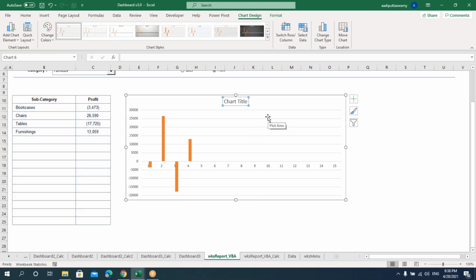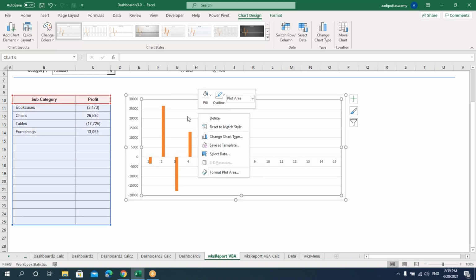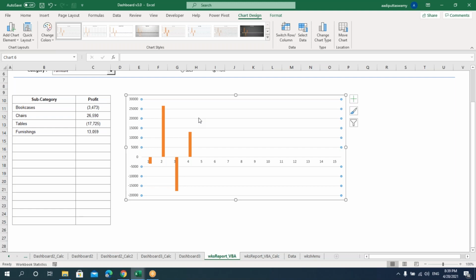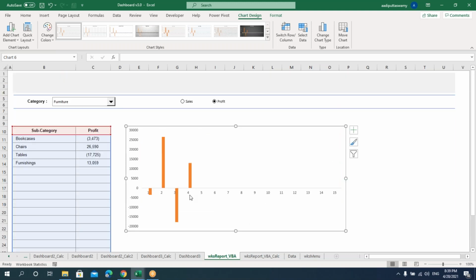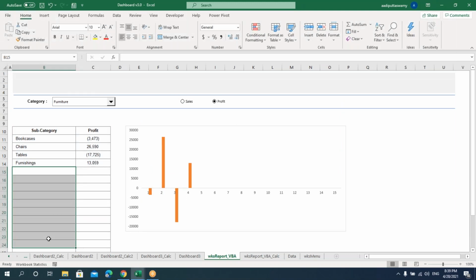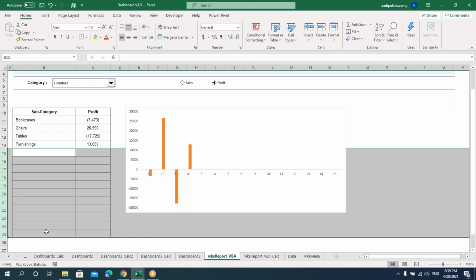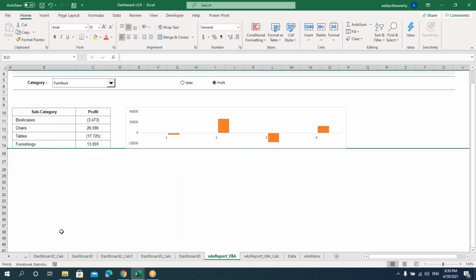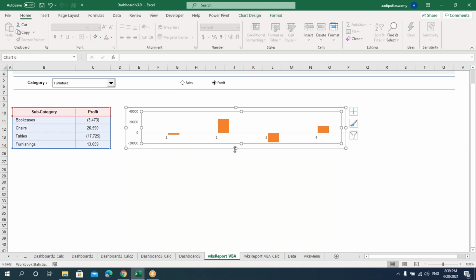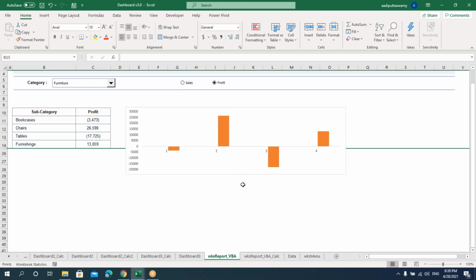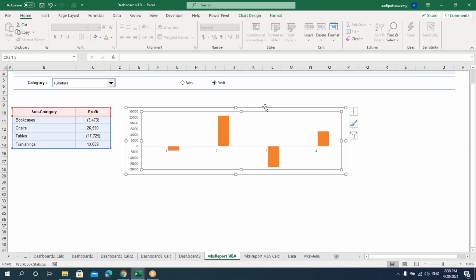Now what we'll do, we'll try to format this. Just trying to format. Okay. Now this chart is actually not proper. The reason is here we have some blank values also. So what if I take the range and I'll hide this. So I'm just trying to hide this. So you can see that now I'm getting some chart. So if you want, I'll just resize this.